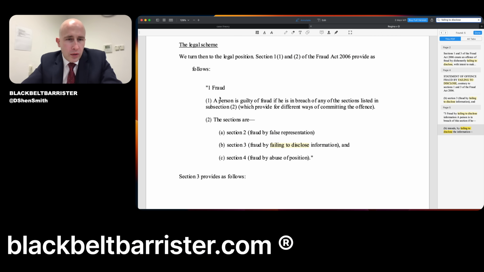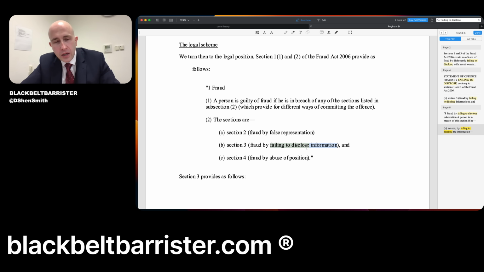So under section 1.1, a person is guilty of fraud if in breach of any of the sections listed in subsection 2, which provide different ways for committing the offence. And those sections are fraud by false representation, fraud by failing to disclose information, and fraud by abuse of position. Now, the one of particular interest here is this one here of failing to disclose information,